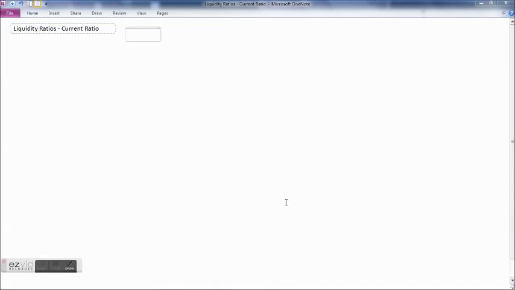We'll be learning about what is a current ratio. Current ratio is a type of liquidity ratio. So let us first understand what liquidity ratios are. The term liquidity means short term solvency. So liquidity or short term solvency means the ability